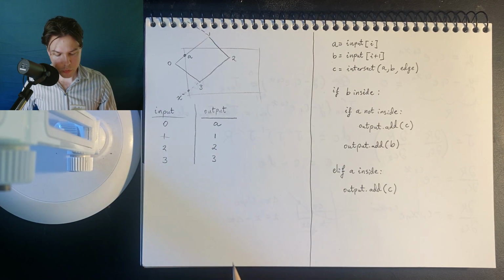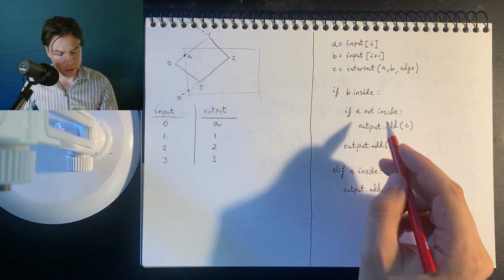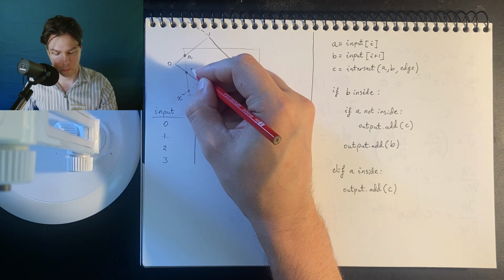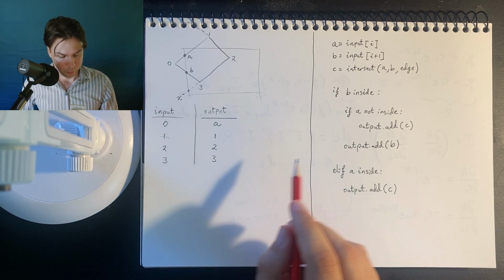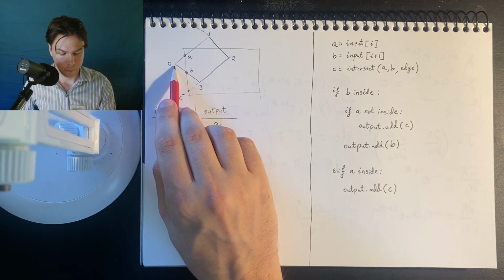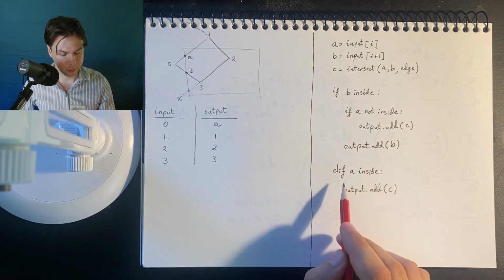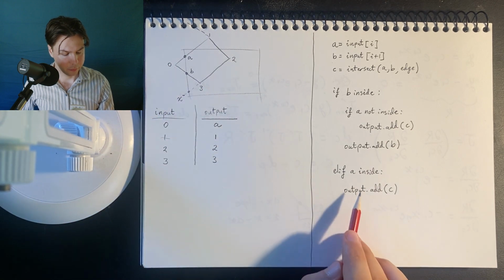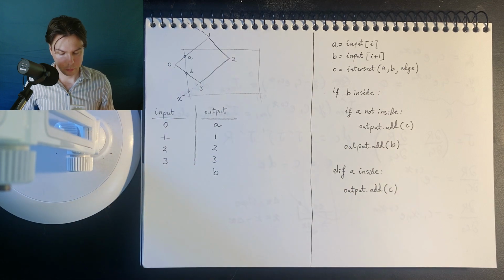And then we go from 3 to 0. We're wrapping around here. So we say, okay, is point B inside? Oh, by the way, we have an intersection point, which I'll just call it. I don't want to be confusing here, but I'm using letters for the intersection points. So point B in this case is 0. It is not inside. So we skip down. Okay, is point A inside? Yes, it is. So we'll add the intersection point. So now